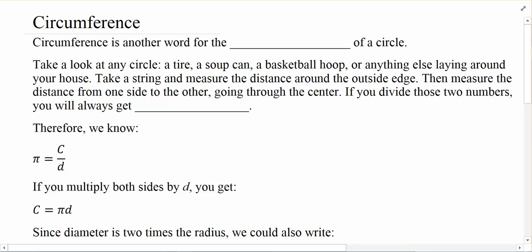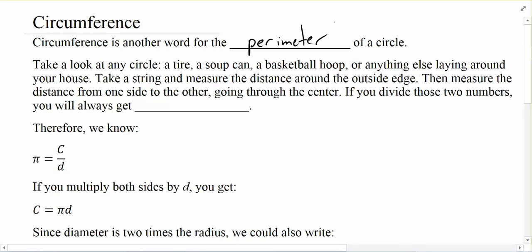Now we're going to talk about circumference. Circumference is just a fancy word for the perimeter of a circle. We don't call it the perimeter because the perimeter is kind of defined by going from each corner or each vertex to the next. And with a circle, there aren't corners. There's not vertices. It's just one big old circle around. And so that's why we call it circumference. We give it a different name, but really it's the same idea as perimeter. It's just the distance around the outside.